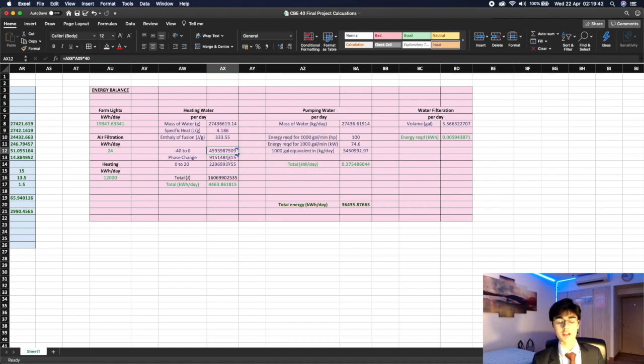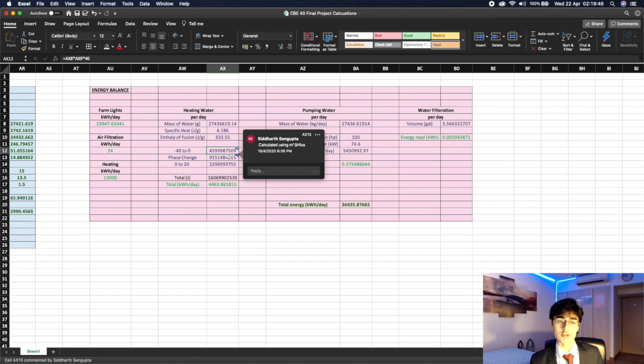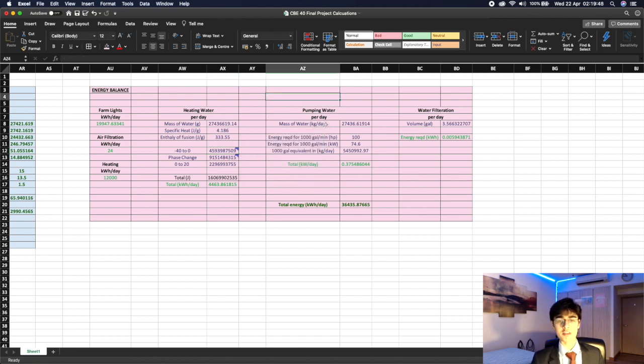Then I used the relevant equations, as you can see, the MCΔT and the M times the ΔH of fusion equation. For the pumping of the water, I found the mass, and then converted the 1,000 gallon statistic into kg per day, and used that to calculate the amount of energy to pump the water. And for the water filtration, I did something similar, converting the volumes to gallons. Total required energy was in kilowatt hours per day,